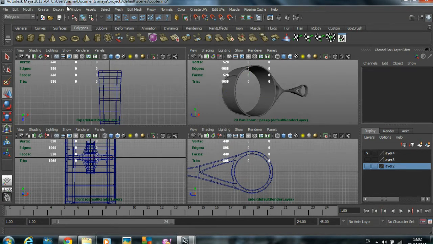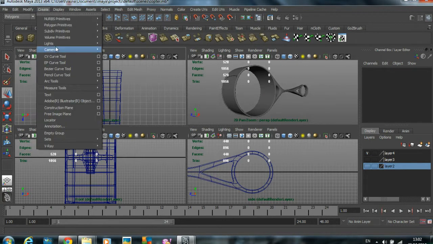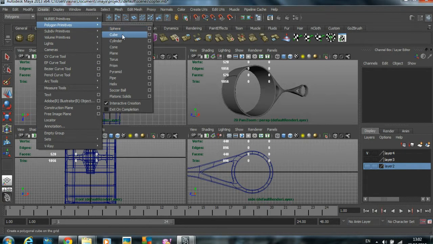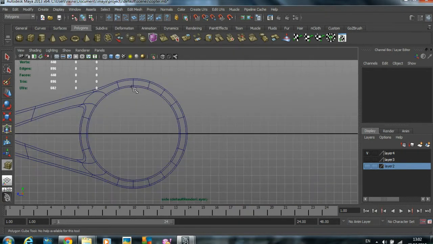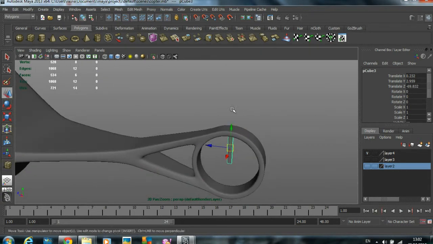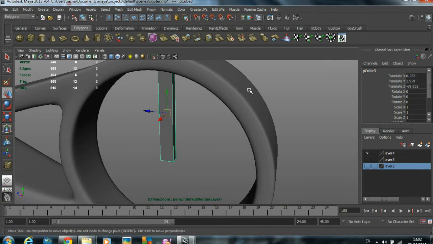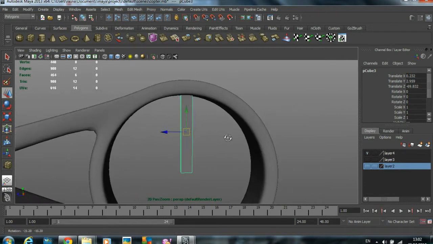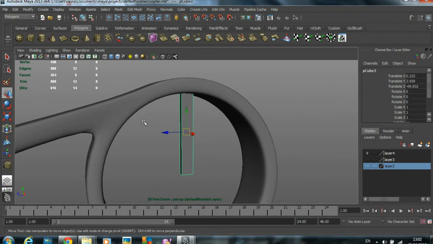Okay, my polygons is on, so I'll create a polygon cube somewhere here. Now if you check here, I got the perfect cube. If you press F, you can zoom into the selection. Now once this is done,